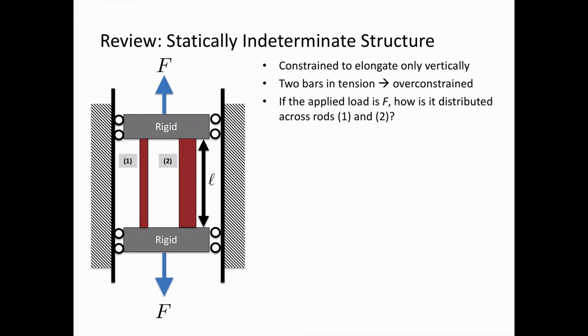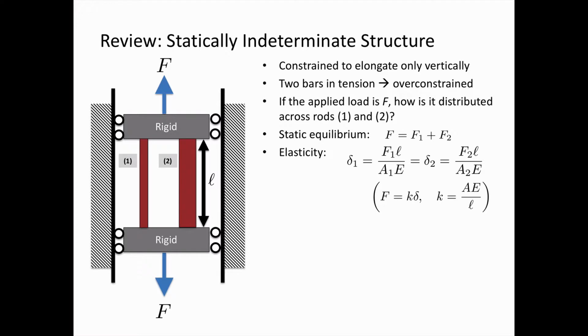So if we apply a particular load F, we might ask, how is this load distributed across rods 1 and 2? Well, here's the static equilibrium equation from Newton's second law. The total force F is equal to F1 plus F2, the axial loads in each of the rods. Well, we can't resolve what these loads are in the individual rods through static equilibrium alone, but we can apply